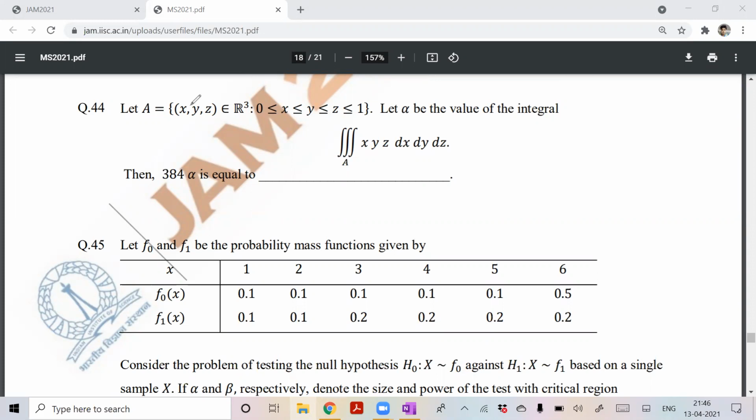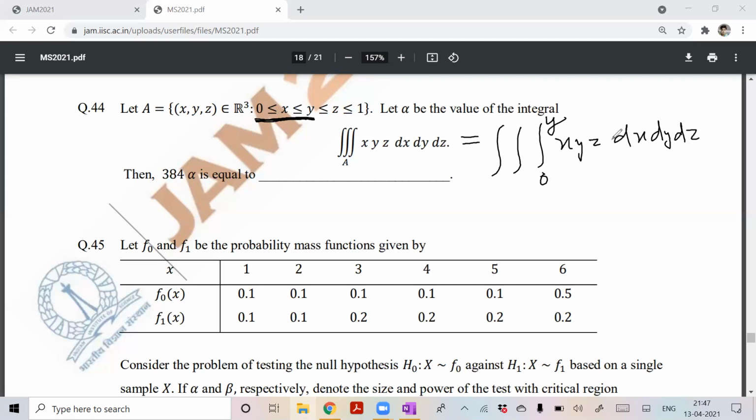So simply we can do it, and if you don't draw the graph, it will not matter. So directly we can write the integral of x, y, z dx dy dz. So let's see the limit of x here. You can directly see where x lies from and to. So x lies from 0 to y.